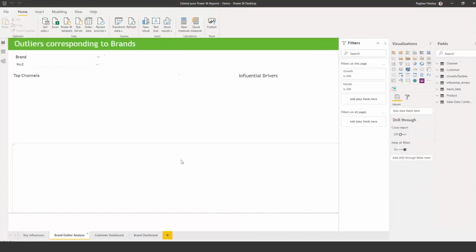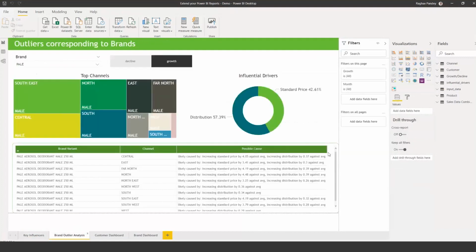That is where the data which I bring through my Databricks notebook can be put to use, so I can quickly identify what are those influential drivers which have caused this above average performance to happen, and even look at those detailed insights against each of those brand variants in each of those channels to identify what is the exact reason and what is the magnitude of change from the average which has caused this particular brand variant in this channel to be an outlier. So quite a few possibilities open up looking at Databricks alongside Power BI.